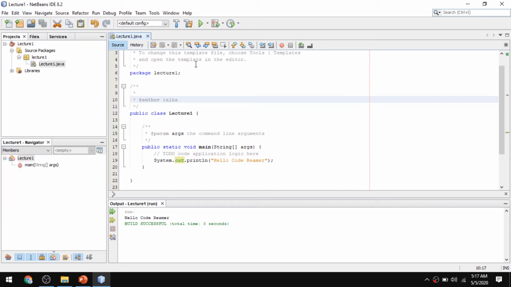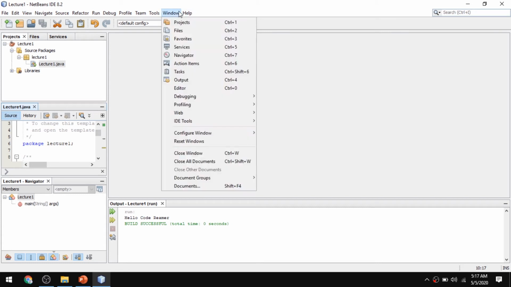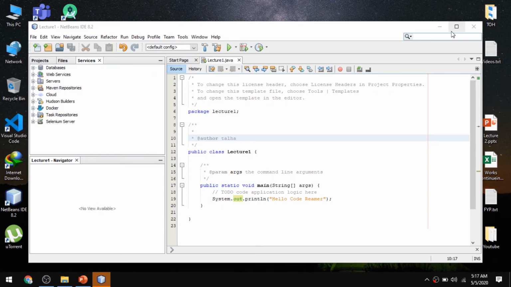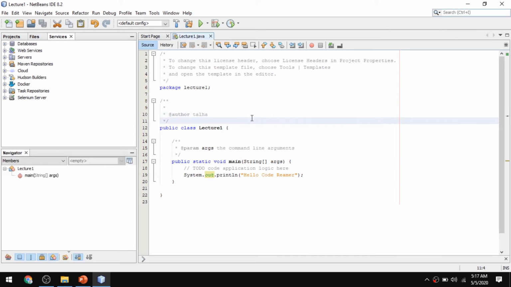By the way, if you change your panel, you can also change this position and take it here, and sometimes it is difficult to get back to the original position. So there is a very good option here to reset the window, and it will automatically reopen NetBeans with the default positions of the panels.